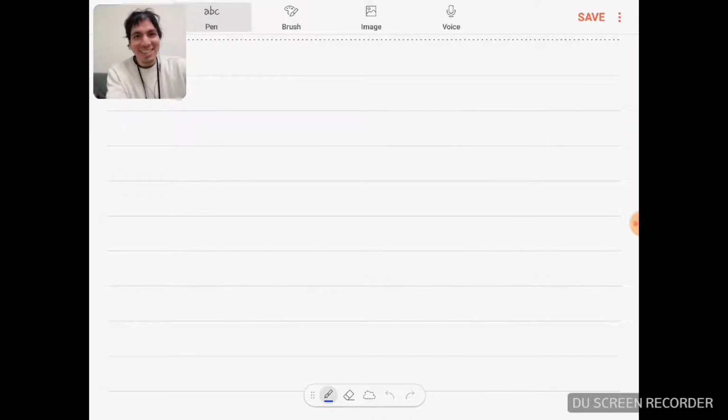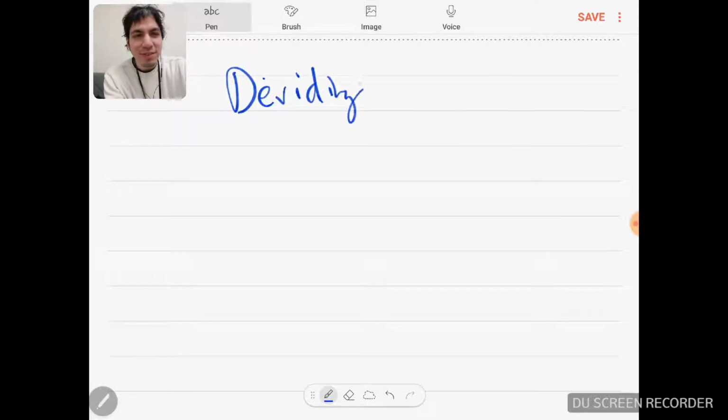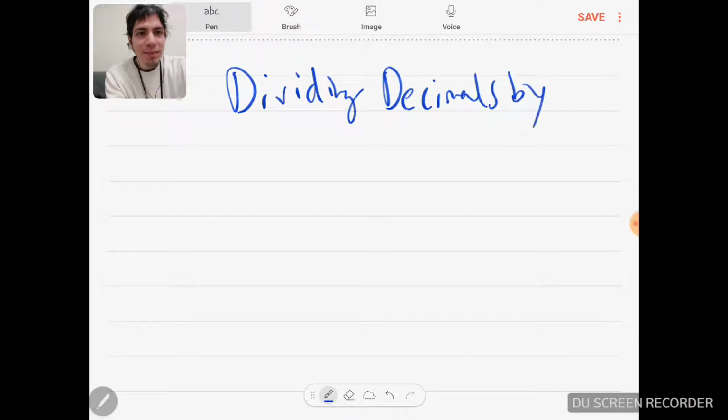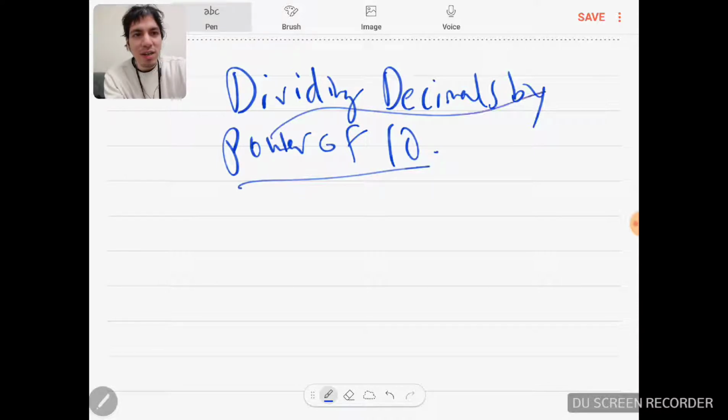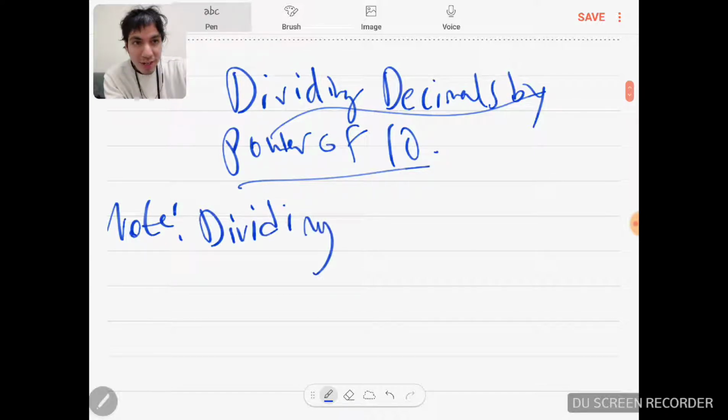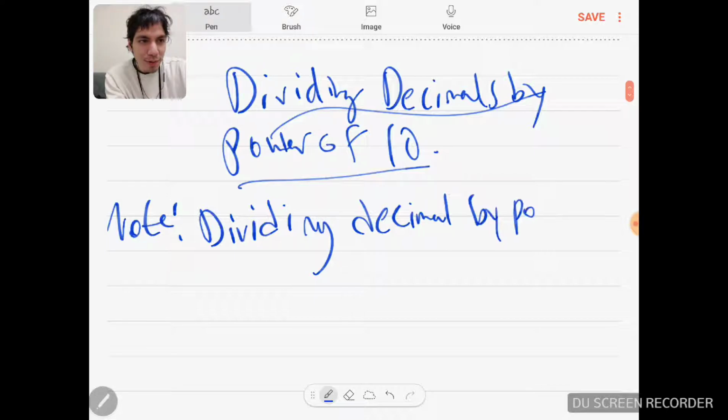Dividing decimals by the power of 10. Okay, so let's write that down. Dividing decimals by power of 10. Okay, so what does that say? When you're dividing decimals by power of 10,